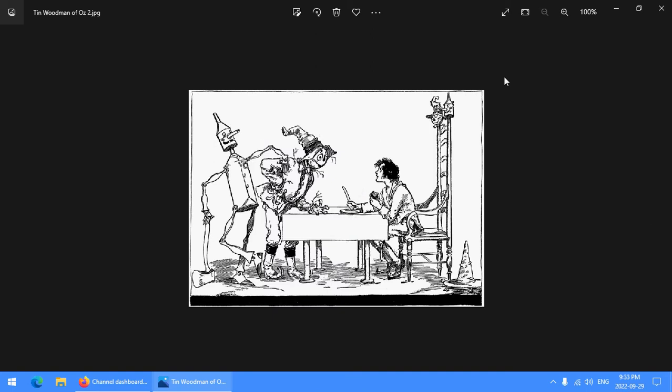So, Woot the Wanderer is a young man, a boy from the backwoods of Oz who decided he wanted to wander all of Oz to see what there was to see. That's why he is called the Wanderer. It is not that he goes from town to town, and whenever he starts to fall in love, he hops in his car and drives around the world. Thank you, 1950s and 60s. But the point is, am I that big a fan of him? No, we're not going to get sidetracked into golden oldies of my parents' era. Anyways, so he